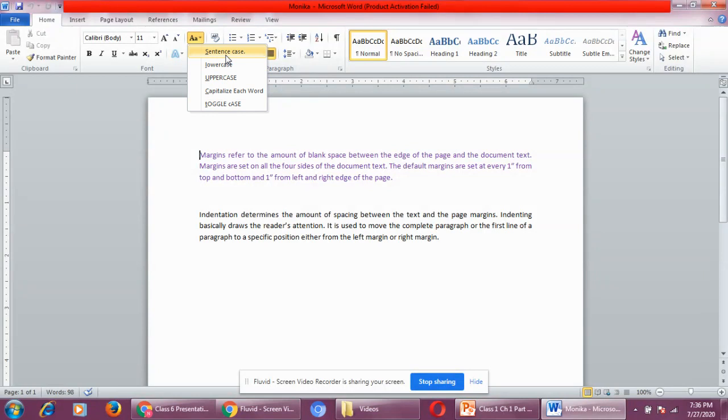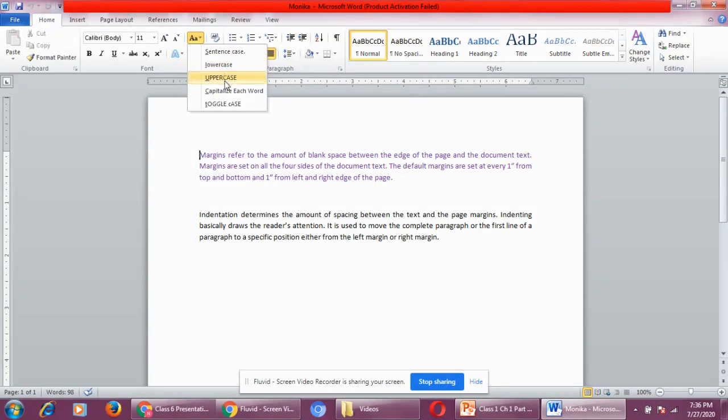Sentence case means once a sentence finishes, the first letter of the word will be in capital. Lowercase means all the letters will be in small letters.